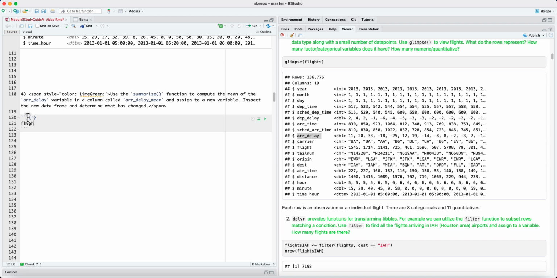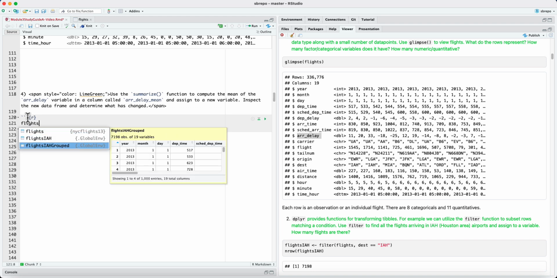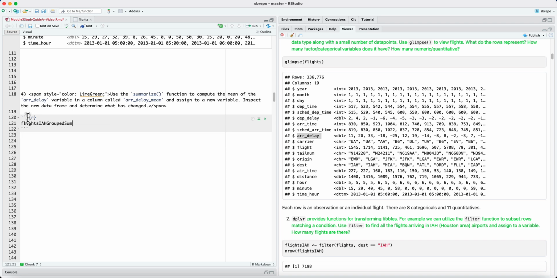And I'll say flights IAH grouped summary is summarize. Once again, the first argument is going to be my previous table, which is flights IAH grouped,